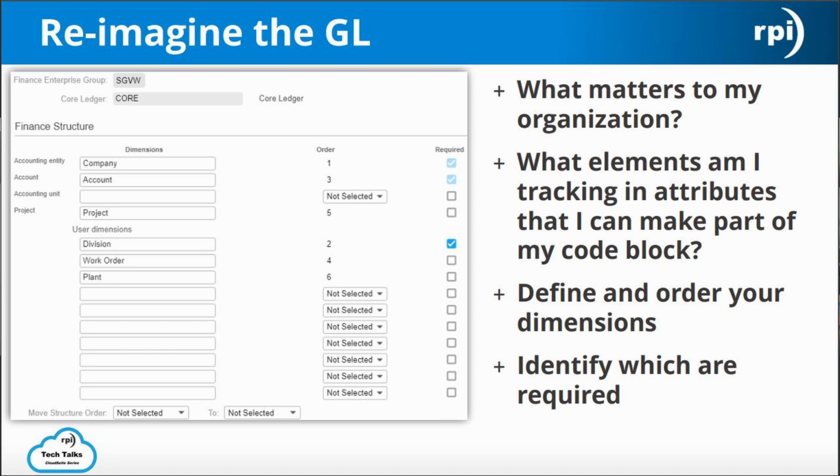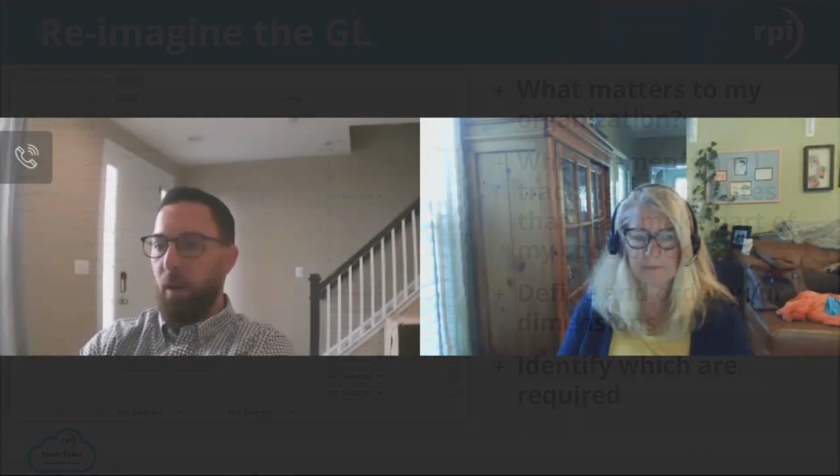And when you're moving from Blossom V10 to this global ledger and CloudSuite, you have to take a step back and ask yourself, what matters to my organization? What are things that I'm having a hard time tracking in my current V9 or V10 system that I can now use as a dimension? What elements am I maybe tracking as attributes on transactions? And maybe that attribute should become part of your actual GL string. So these are all design decisions that are really important to have up front